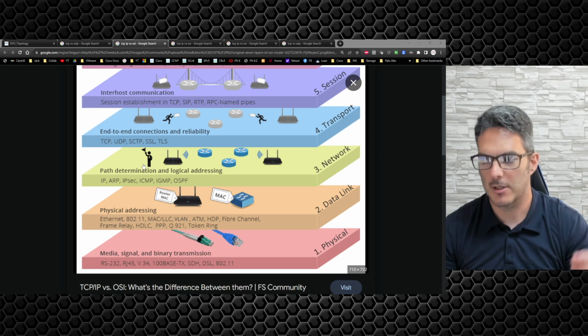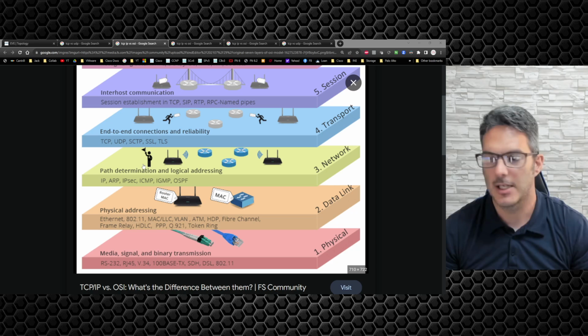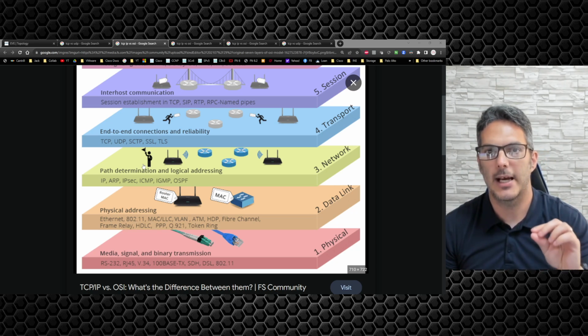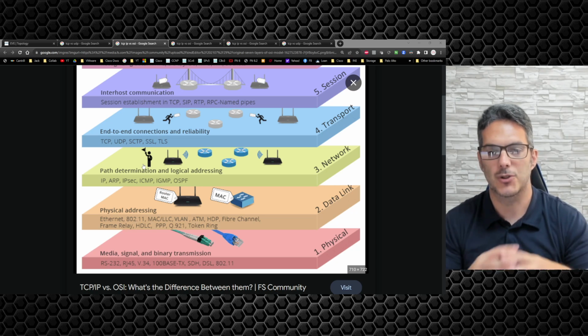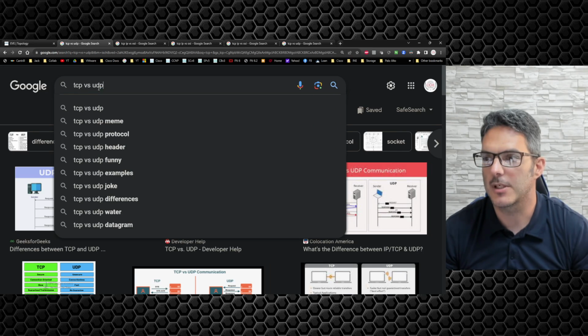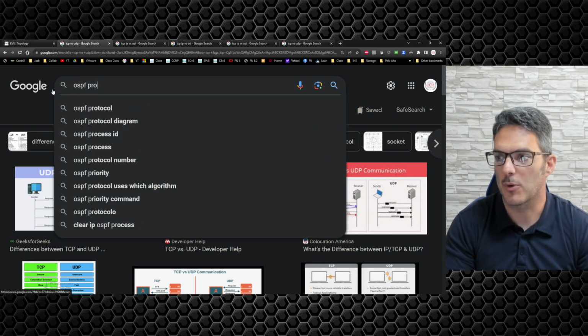IP protocol number, IP protocol 88 and 89. So I need to correct myself. EIGRP and OSPF are so well known they have their own, what is this here? We're going to say OSPF protocol,